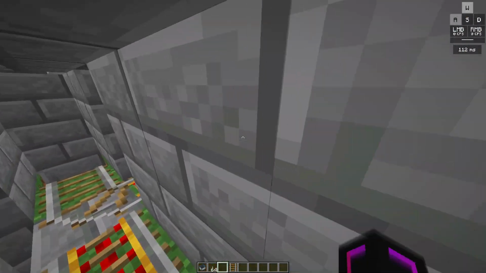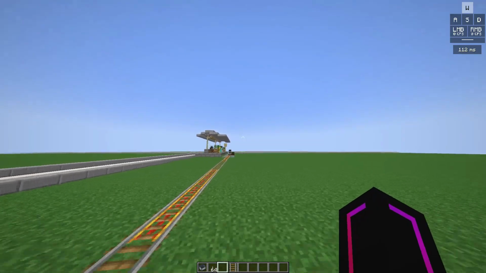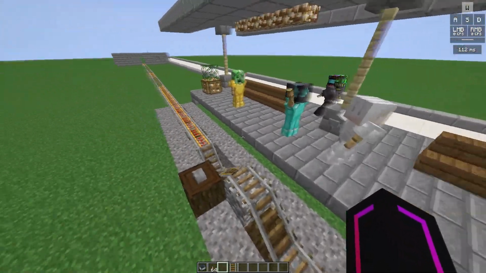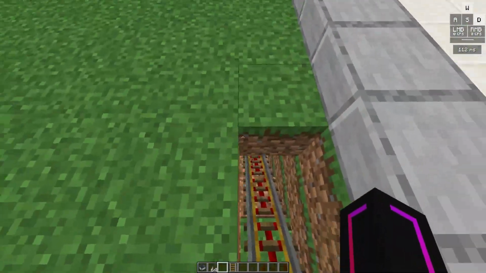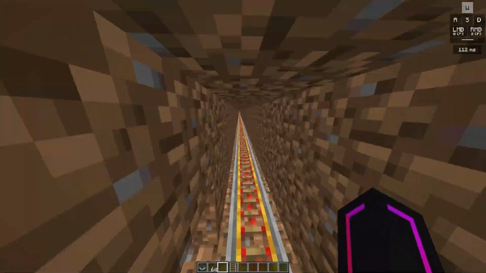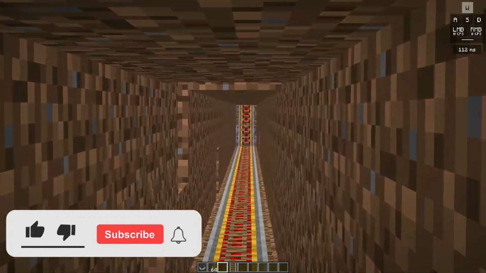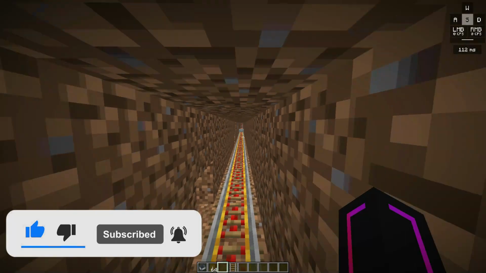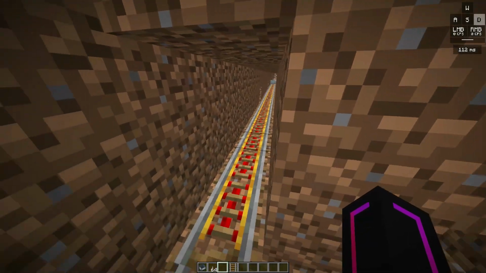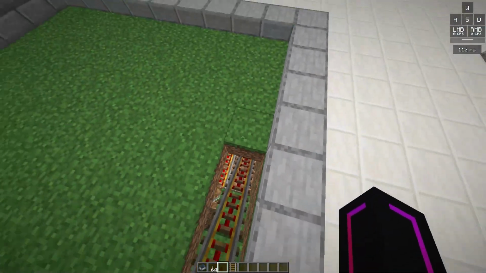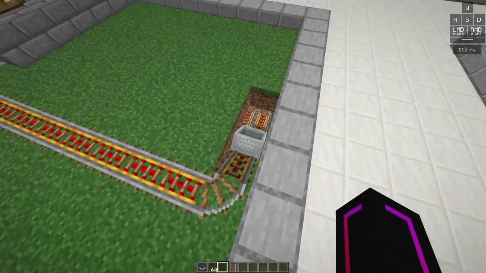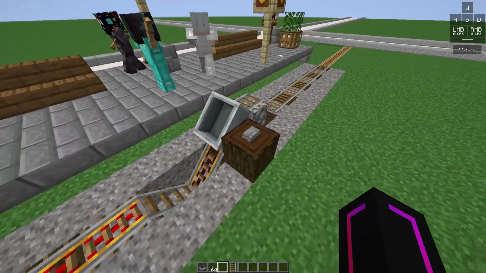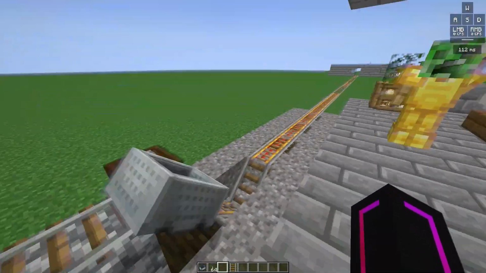So what I've done for the return feature, which makes our rails go back towards the platform, is that back in here under the ground, I've got a secret rail system. So what happens to the minecart is that it comes over here. It's full of powered rails to make it come really fast, as you can see, and then it comes up. Remember, I've used rails in the bent sections, and it just comes over here and stops here. So we can use it again and it doesn't just run off.